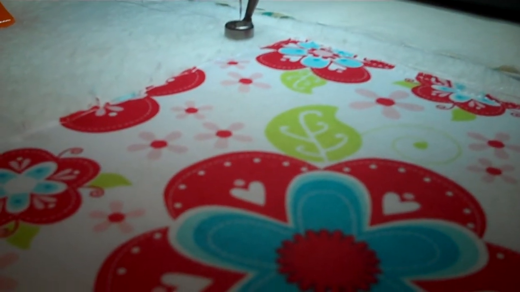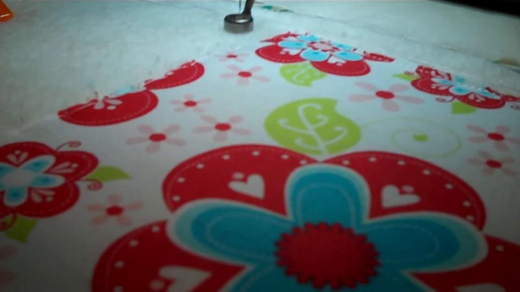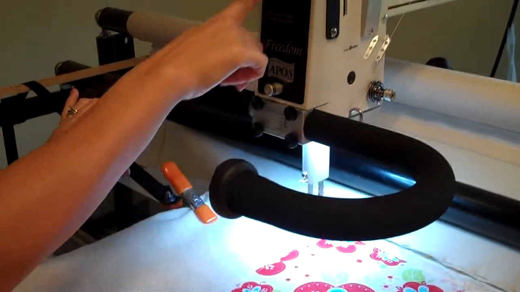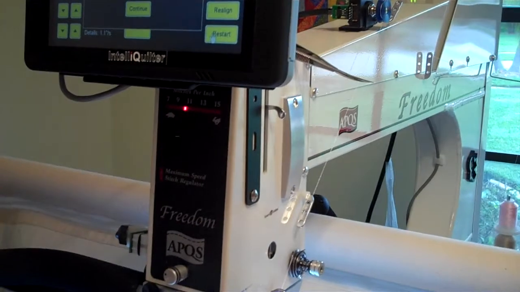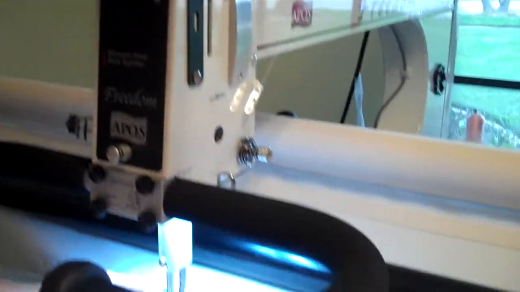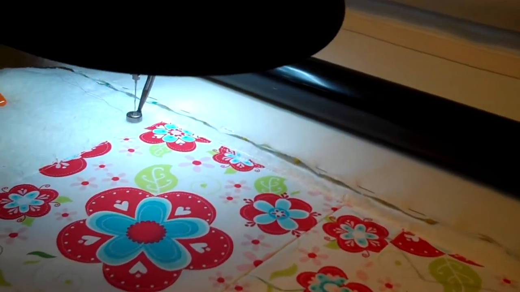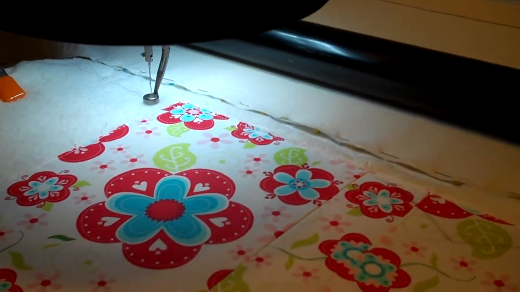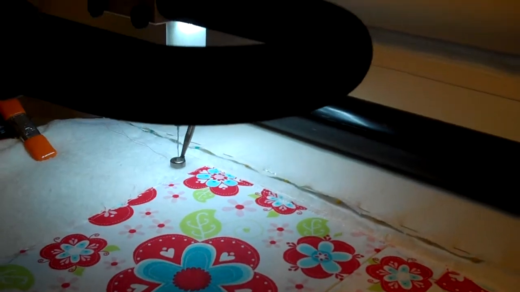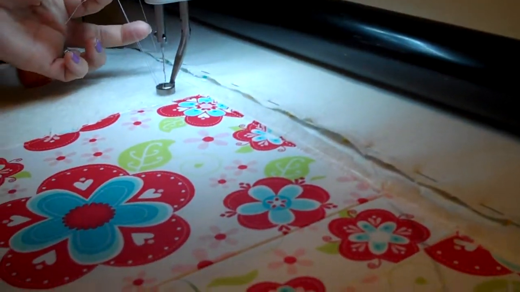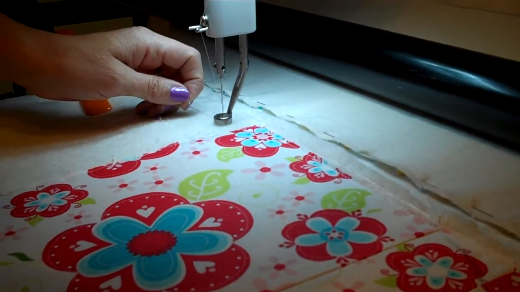It's telling me to set up my stitches per inch, and I'm going to set it right there between the 9 and the 10. I'm telling it I want it to stitch 9 to 10 stitches for every inch. I'm telling it, yes, we're ready. It tells me to pull up and do my bobbin thread, and I just did that. I lowered it, pulled the bobbin thread up from the bottom. Now I've got it holding on, and I'm going to push the start button, and it's going to start to